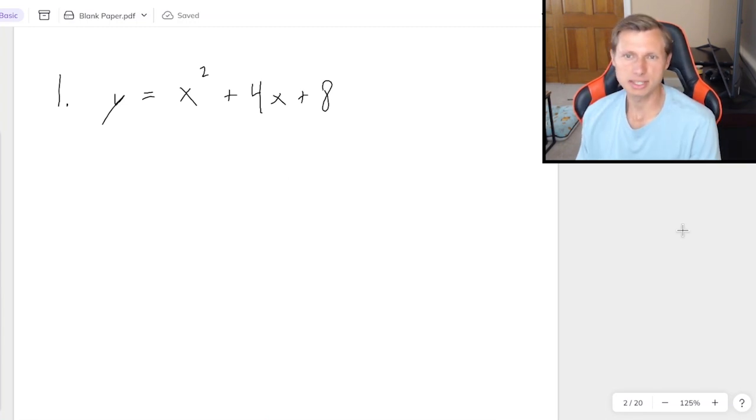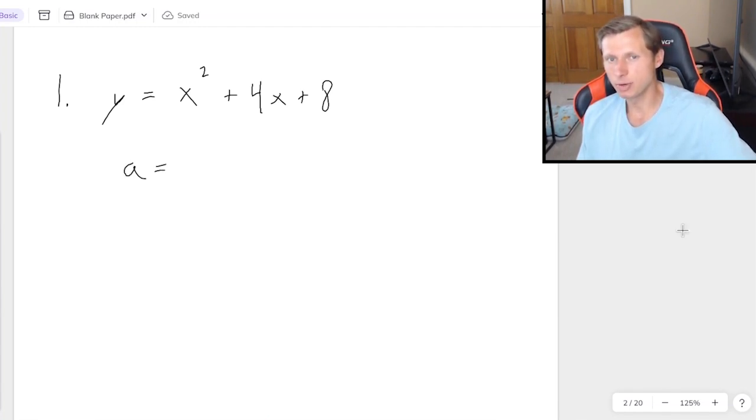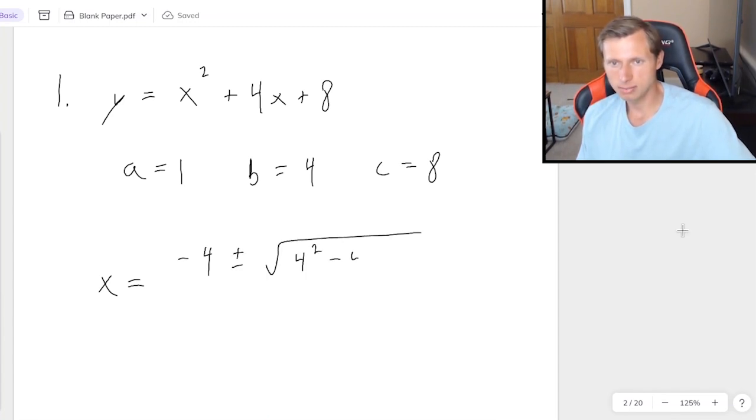I don't yet suspect that I'm going to have imaginary solutions, but since I'm using the quadratic formula, it means I have to find my a, b, and c. A is the thing in front of x squared, which is the invisible 1. B is the thing in front of the x, which is 4. And c is the constant, which is 8. And now I plug into my quadratic formula, negative b plus or minus square root of b squared minus 4ac